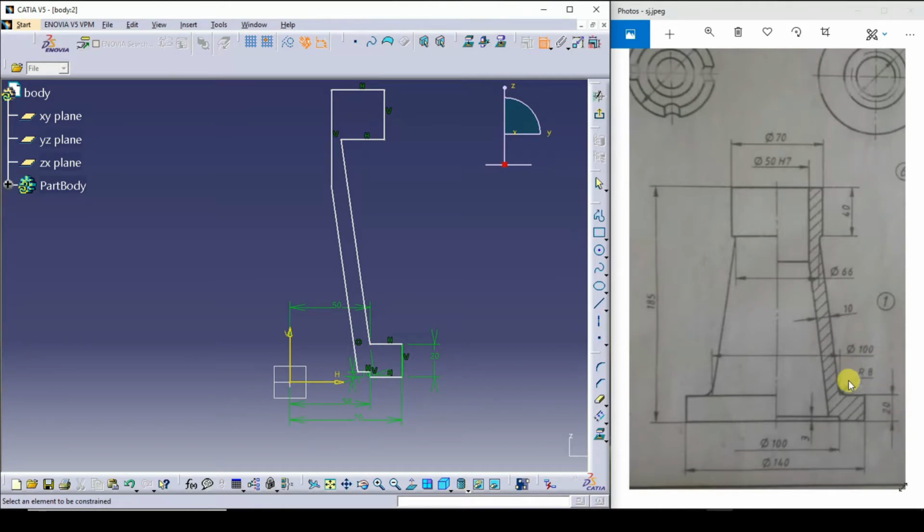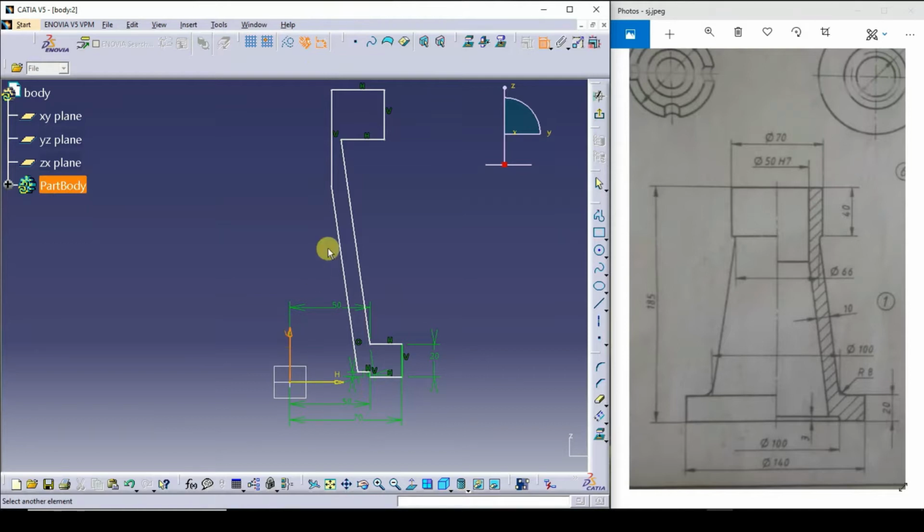I'll create this fillet radius later. Next, from here to here it is 66. Half of 66 is 33. So from here to here it will be 33.